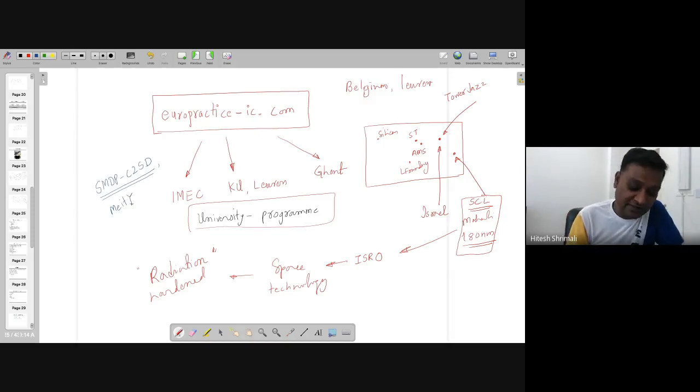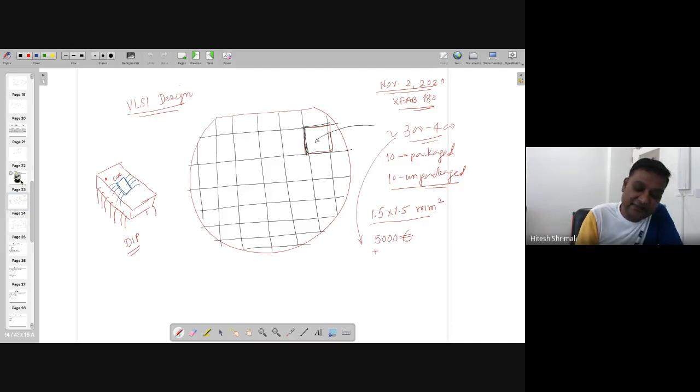Okay, so generally we send our design to here, or we send our design to here. Generally you'll find in IIT Mandi, either me or Dr. Rahul Shrestha are sending our designs to various places. Till now we have chosen to use 130 nanometer. However, the current technology is as small as 7 nanometer or 14 nanometer. As you are decreasing this number, this is XFAB 180, that's why it's 5,000 euro.